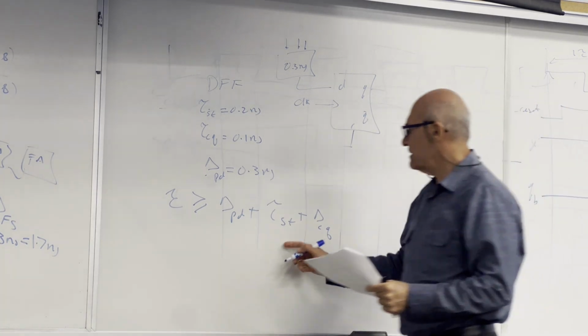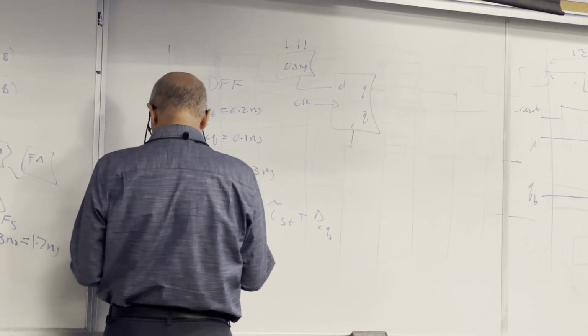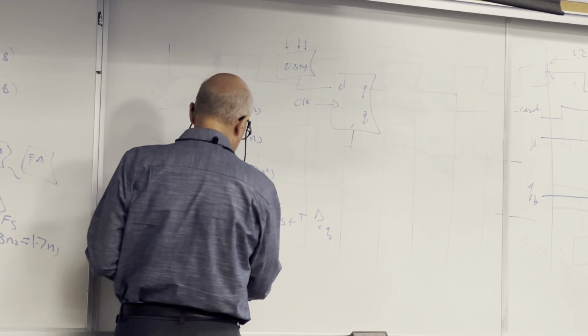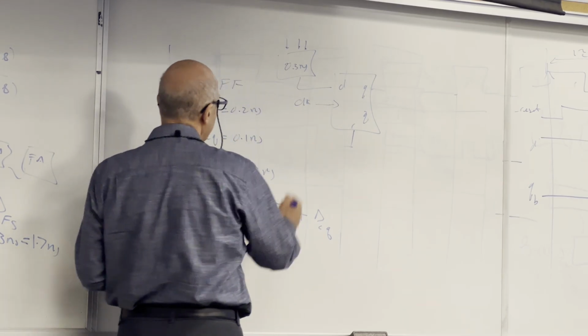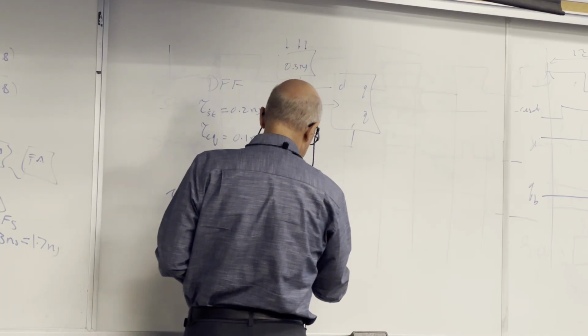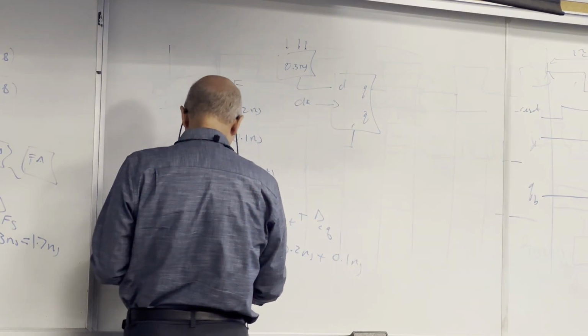By adding these things, we are slowing down the clock frequency. So this needs to be 0.3 nanoseconds. That comes right from here. In some cases, you have to calculate that. And then 0.2 nanoseconds plus 0.1 nanoseconds. And that becomes